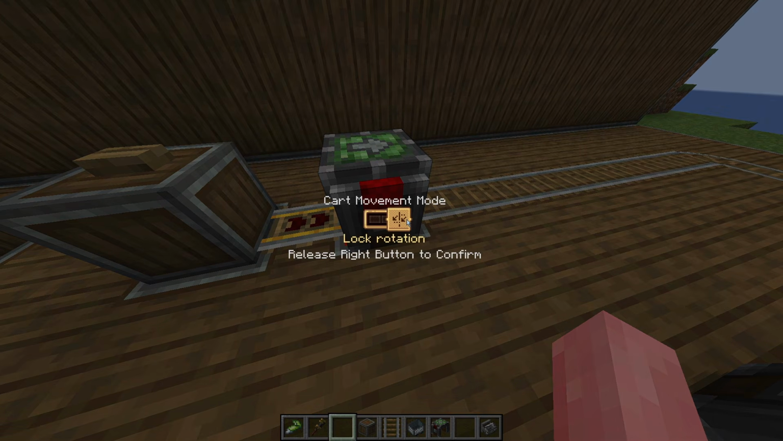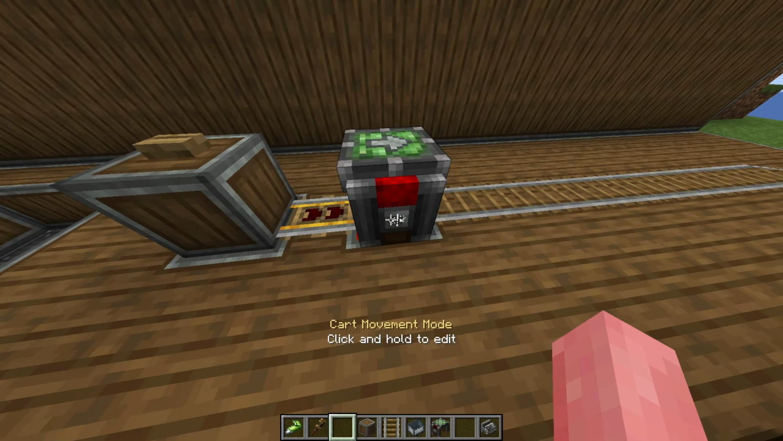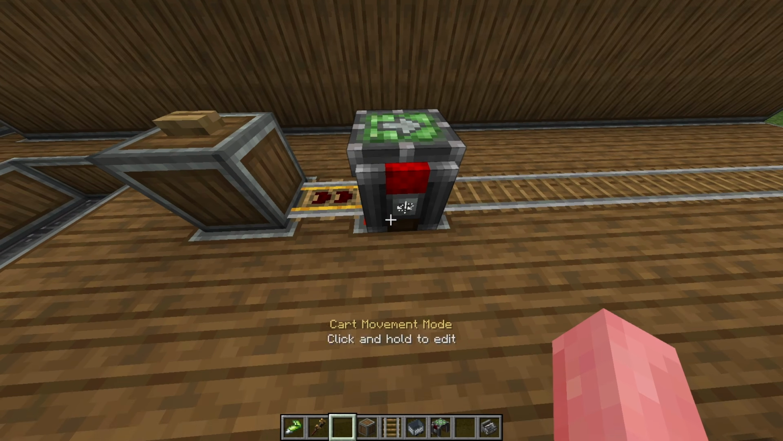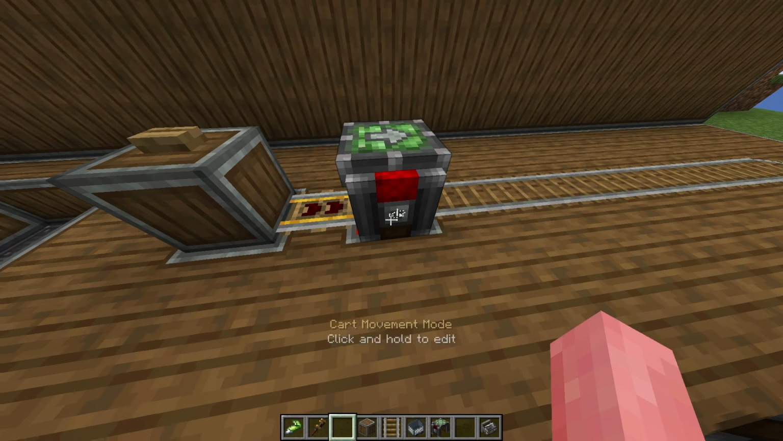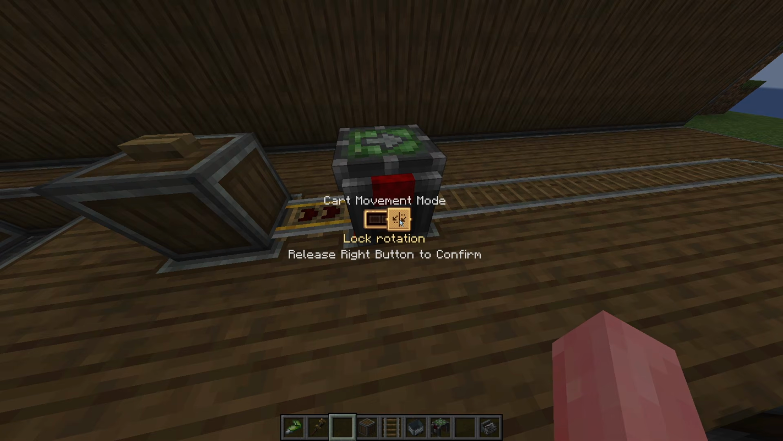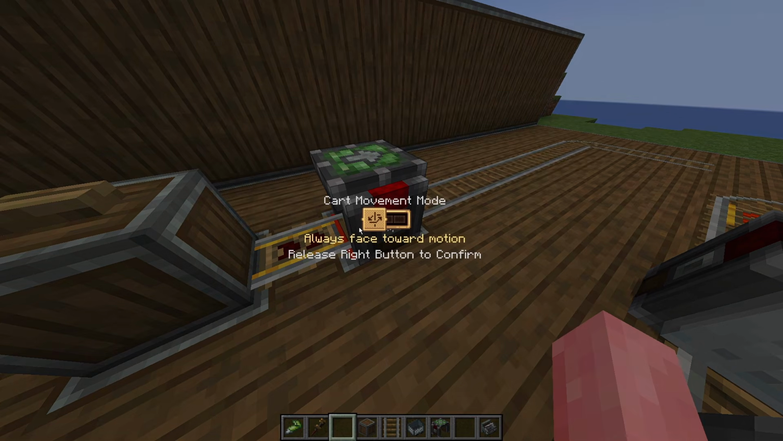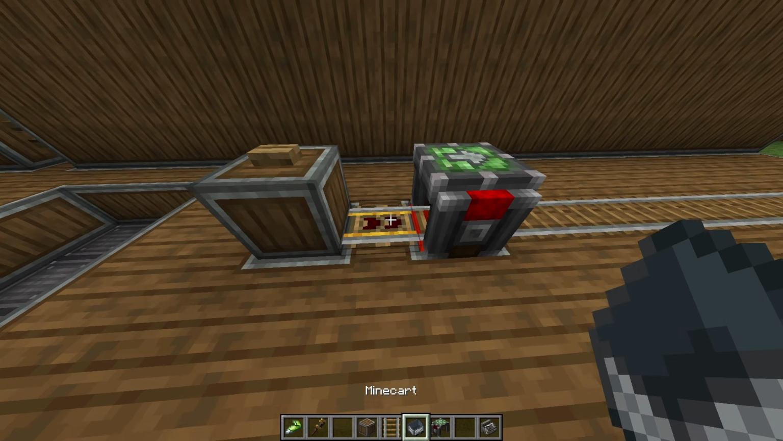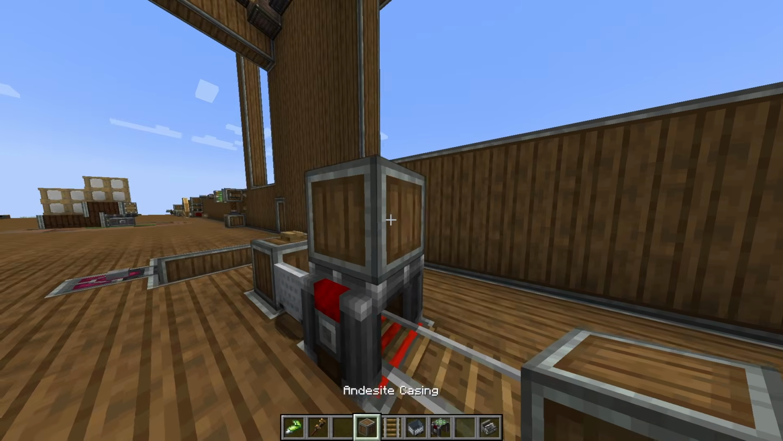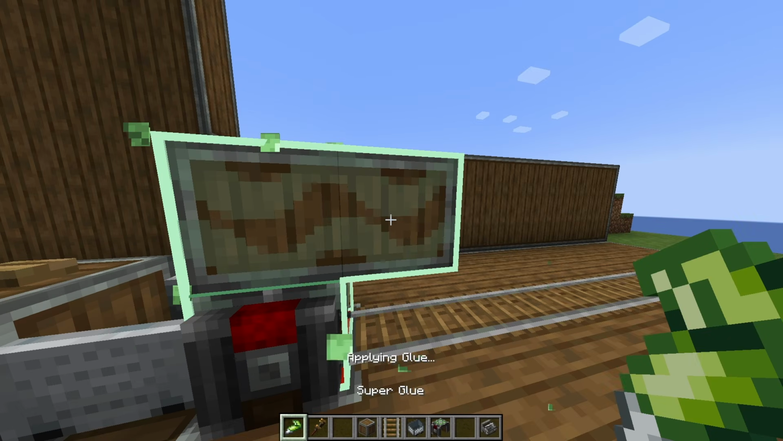And the last one, lock rotation, and this one is always going to be the one you always want, and please Create devs, make it the default option. I praise you, please stop making it always face toward rotation. You just broke everything. Anyway, the lock rotation simply makes it so that your contraption will always be facing the way you've